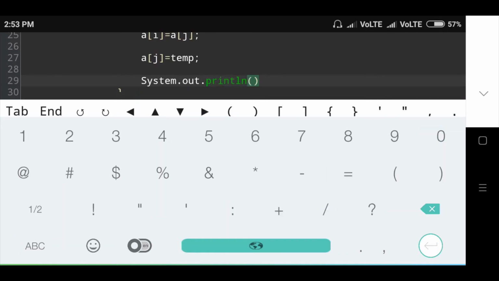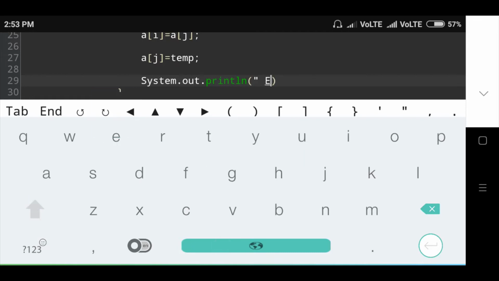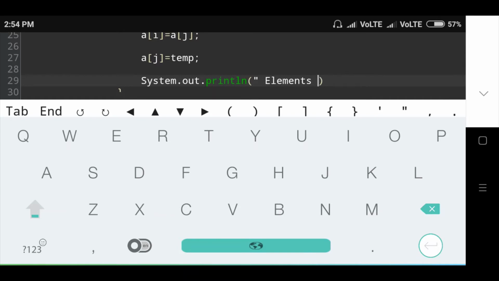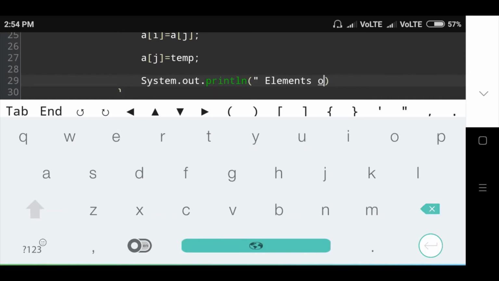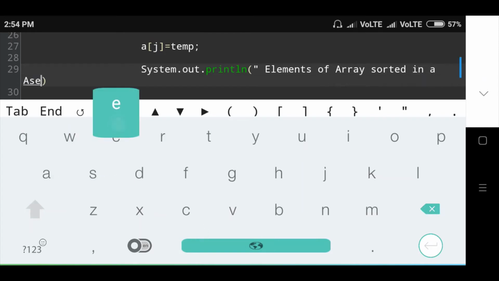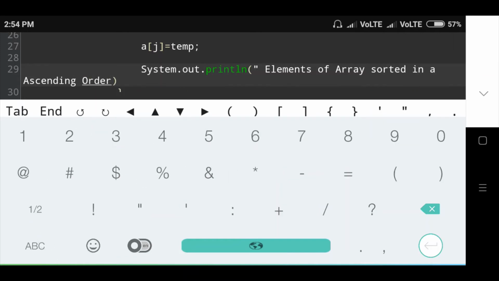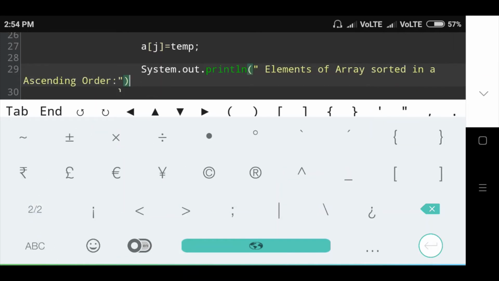In that, the message is "Elements of array sorted in ascending order", then semicolon.